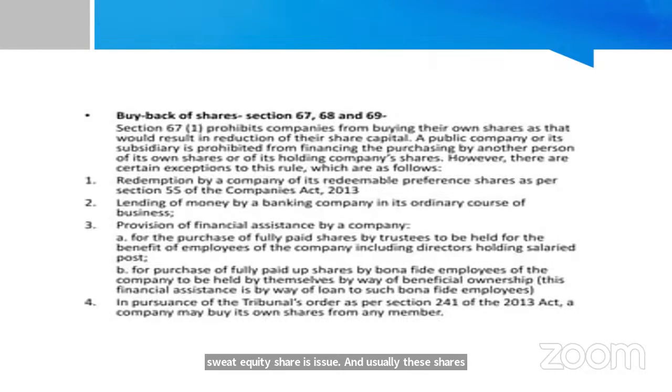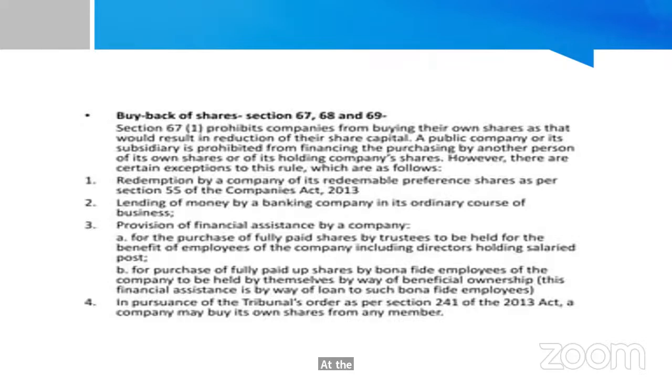conditions have to be followed, which is saying that if sweat equity shares are issued to the directors or any other members, there has to be a special resolution passed by the company, and that resolution has to specify the number of shares that will be issued, what is the current market price, who are the directors or employees to whom it will be issued, and at what price it is going to be issued, and if these shares are to be issued at a